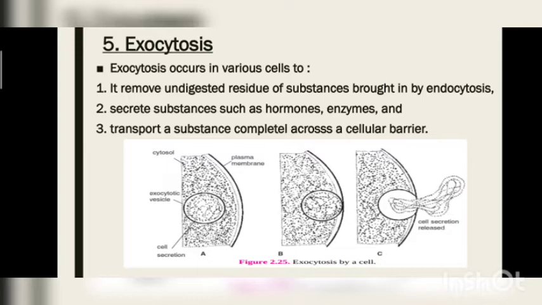So these are the five functions of the plasma membrane. After that, one thing more: plasma membrane is present in plant cells also and in animal cells also. So the basic function of the plasma membrane is that it allows the substances to come inside, as well as it protects the cells also. So there are many mechanical functions of the plasma membrane also.